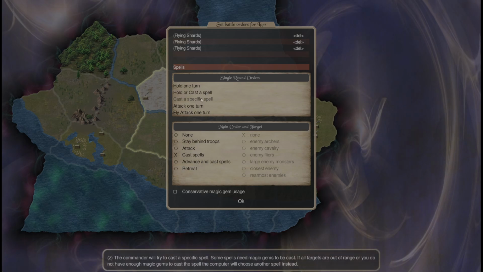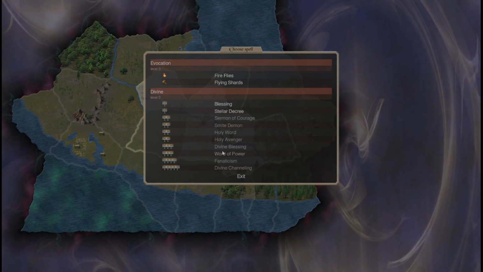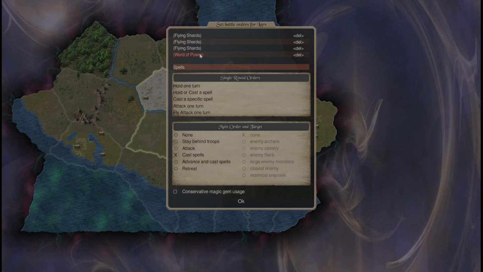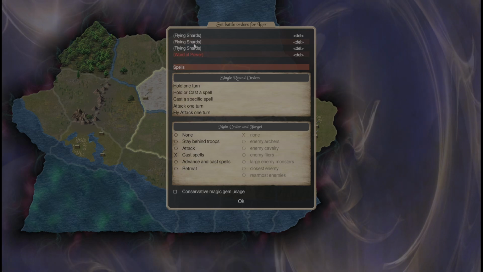So say we script and we click Word of Power, which requires a level 3 holy level. This will show up in red, signifying that we can't actually cast it. As it is now, we cannot cast that spell. And so when he casts 3 flying shards and then gets to the next one,